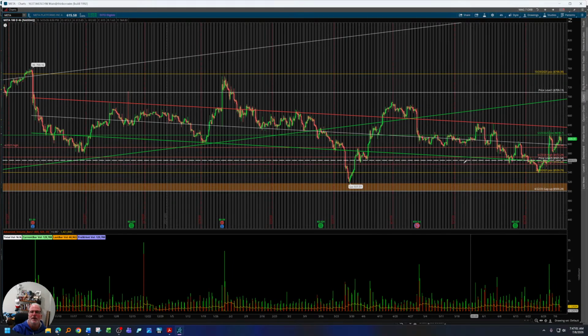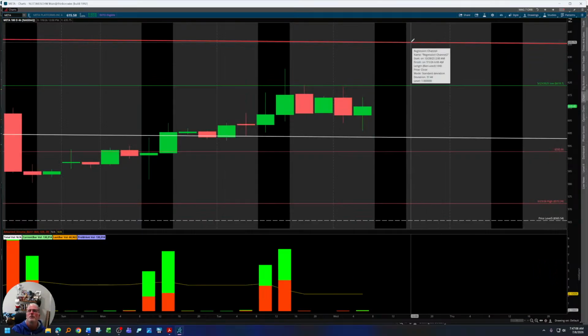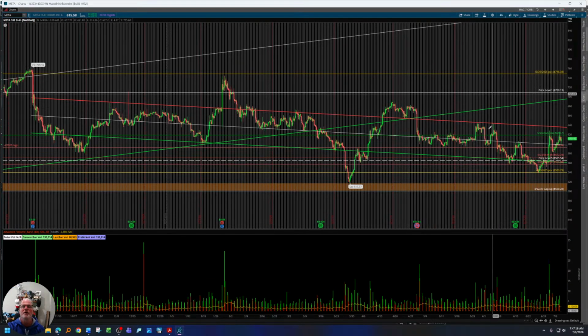Meta, the same thing on Meta. Meta's kind of in this channel as well. So you can see right here, we've got this upper end regressional trend line at 635.75. If you popped into there, it's got to get above 618.70 in order to push higher there, right? So let's pan out a little bit more. It is making a fight here. So the 618.70 is your level here. You got to get above that in order to push higher. Right now we're trading at 610.